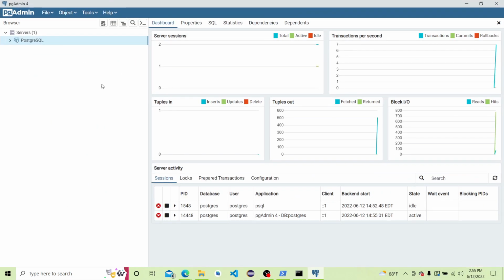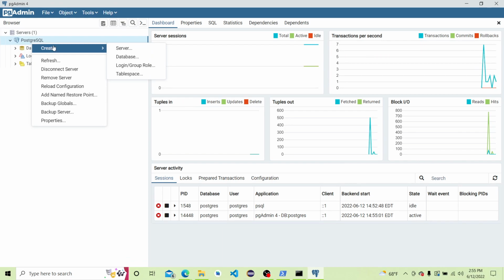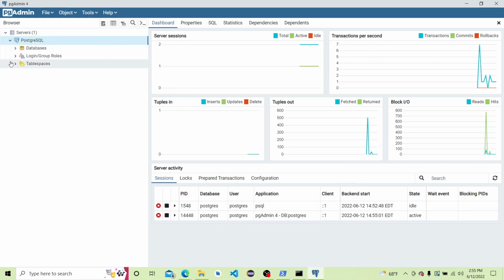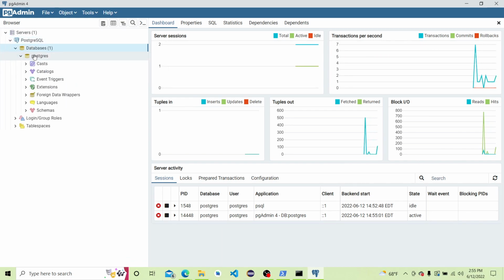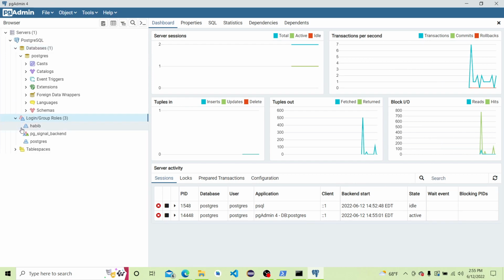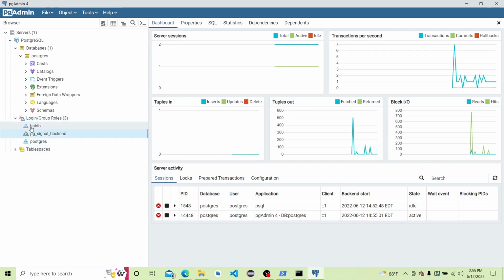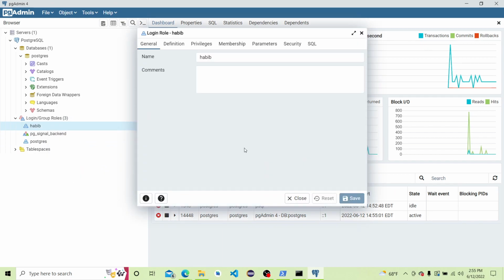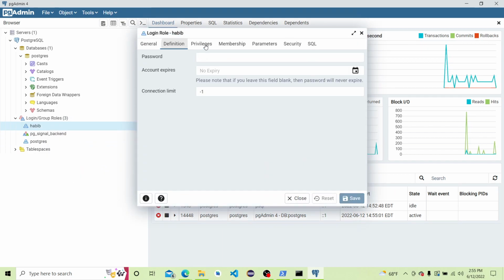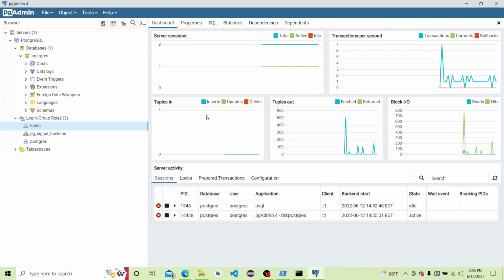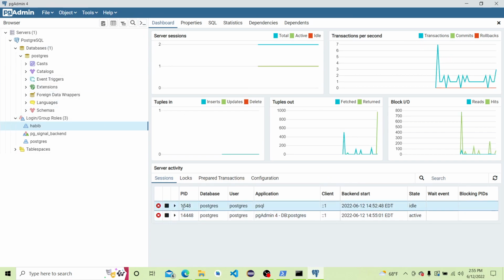Boom, and there we are. Everything works now. So you can see we were successfully able to create a new server here, and we have the database here. When you come to login, you have the Postgres user we created, and we have by default Habib as the account used to link it to our